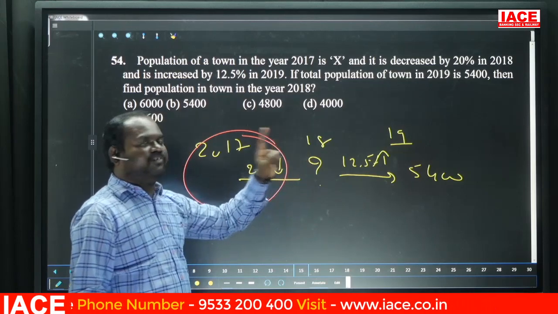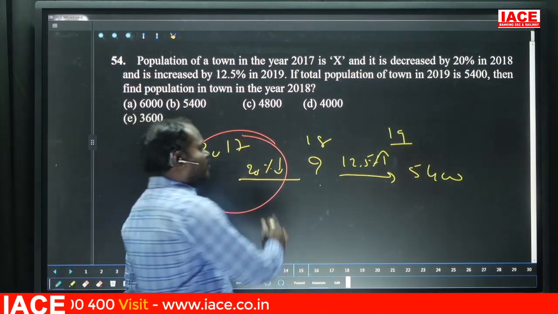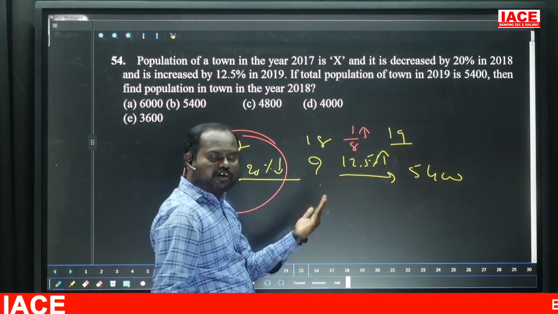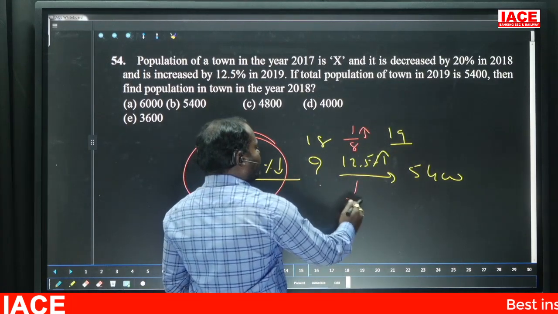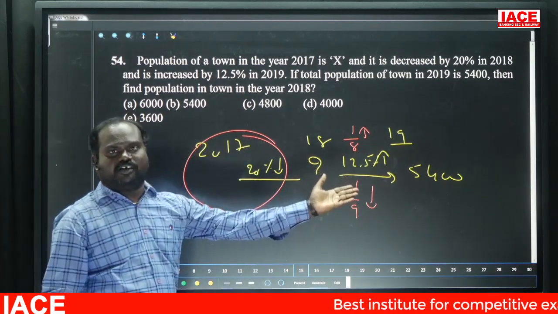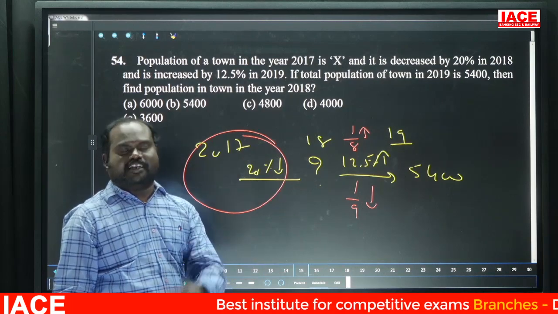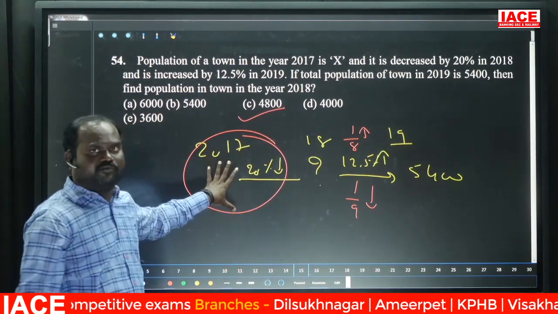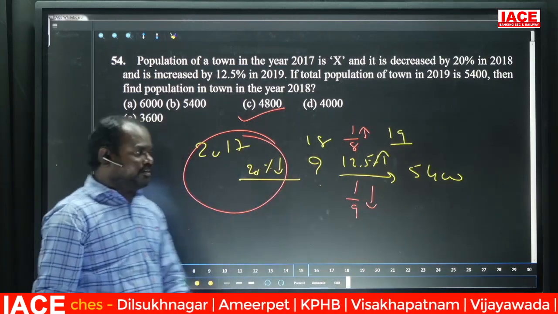So 12.5% is 1 by 8. From here to there, 1 by 8 is increasing. When you come back, 1 by 9th will decrease. Just take 1 by 9th of that. 1 by 9th means how much? 600. Subtract 6, 54 minus 6 is 48. So obviously the answer is 48. This information is not required for it. Directly we can move there. Right. Next,